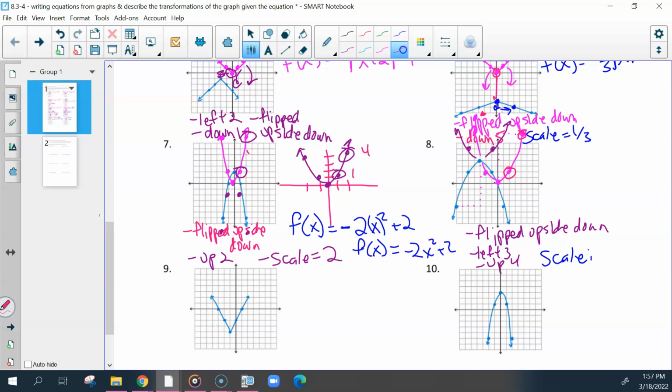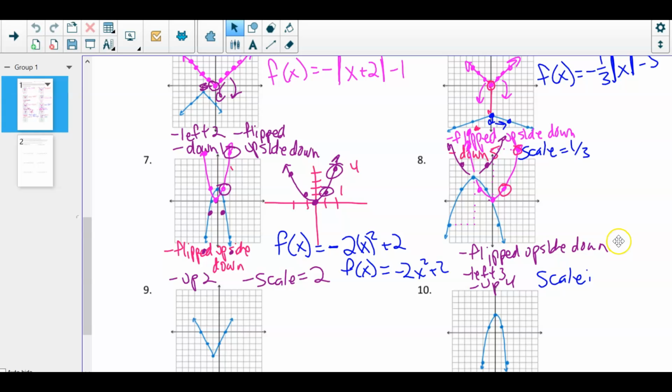I'm sorry, the y value is at 2, but it's gotten wider. So that means we have to divide it by 2. So if we're dividing it by 2, then our scale would be 1 over 2,